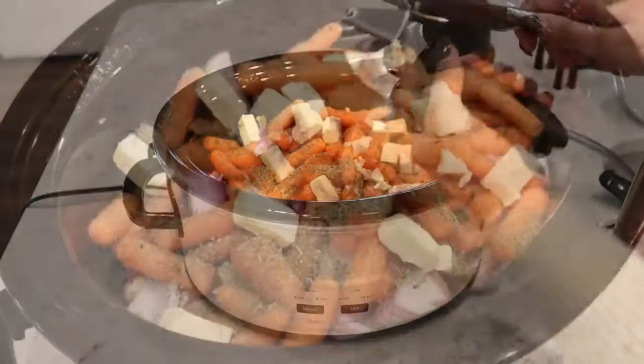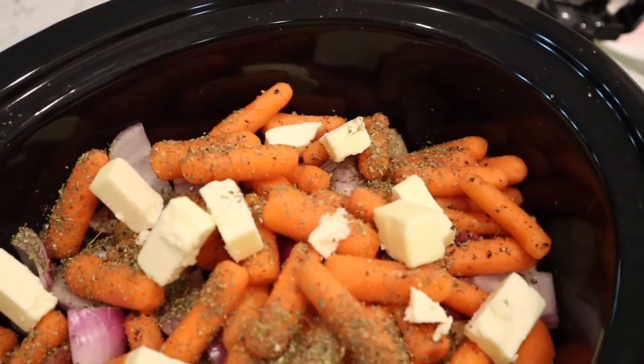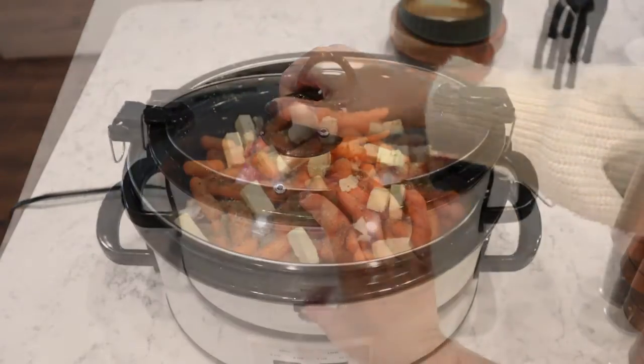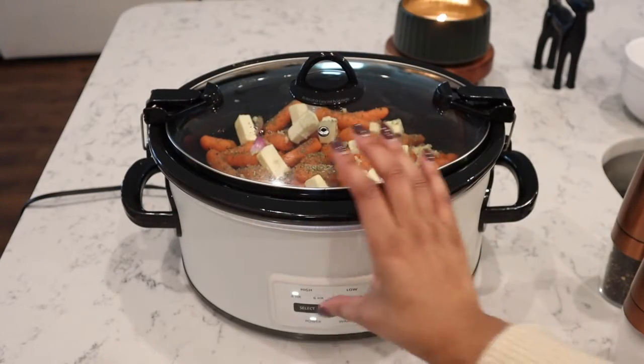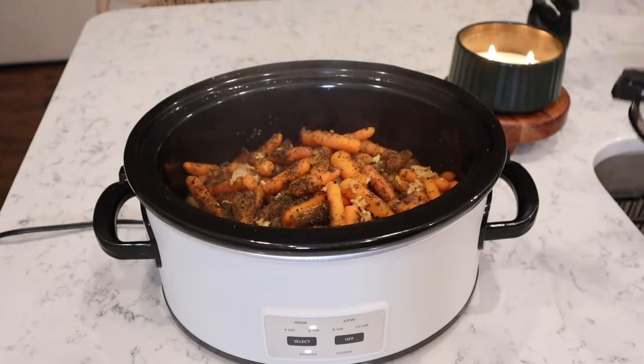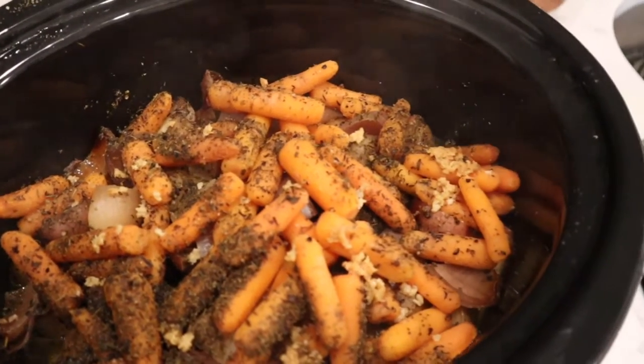So here's how everything is going to look once it is ready to cook. So go ahead and put the lid on your crock pot. And I cooked mine on high for about 4.5 hours. You just really want to cook it until the chicken is fully cooked through and the carrots are nice and tender and soft. So it had been about 4.5 hours and the carrots were so soft, the chicken was nice